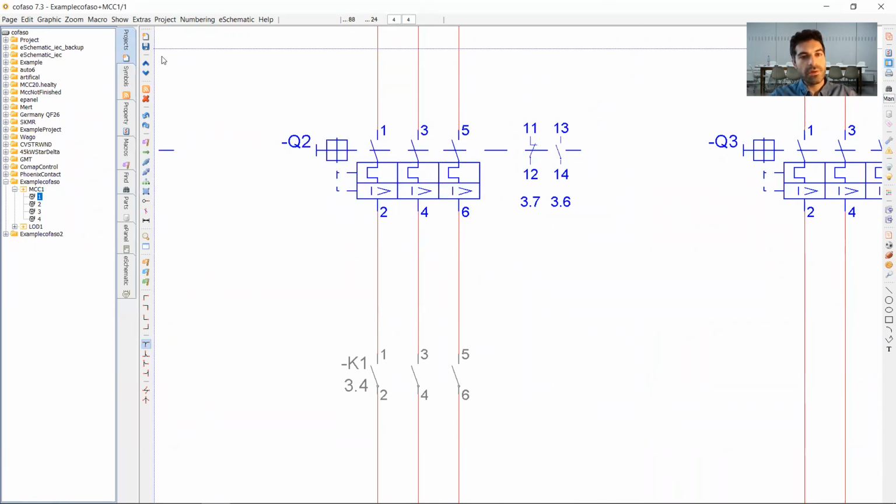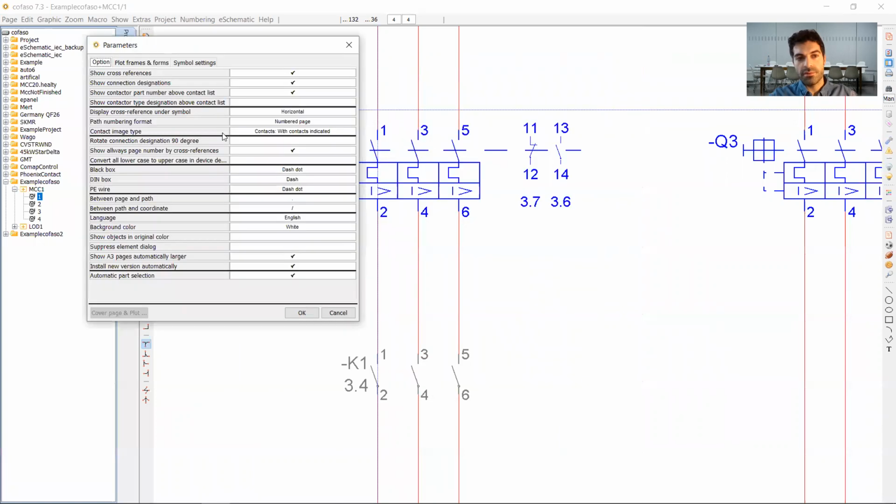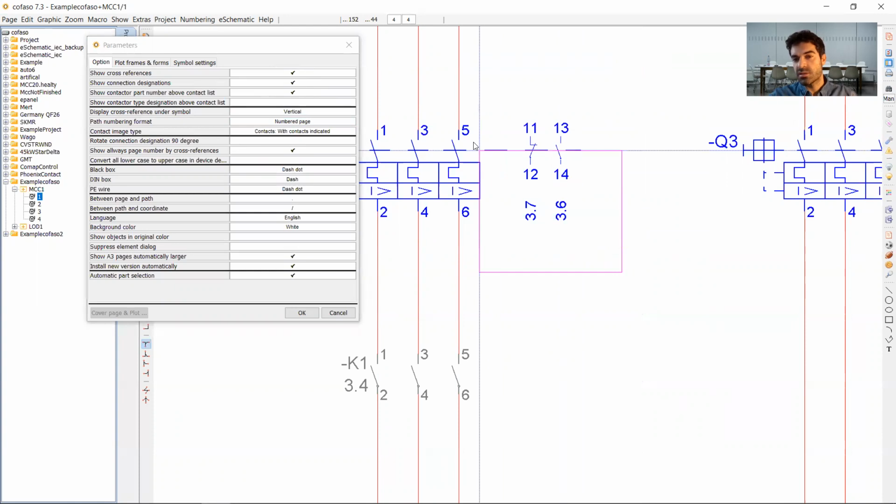What I can do here very easily is extras, parameters. And now you can change display cross-reference under symbol. You see here, instead of horizontal, I say vertical. And now immediately you can change the orientation, the angle of the cross-reference. Of course, you can do that with your mouse wheel as well. Let's say okay,